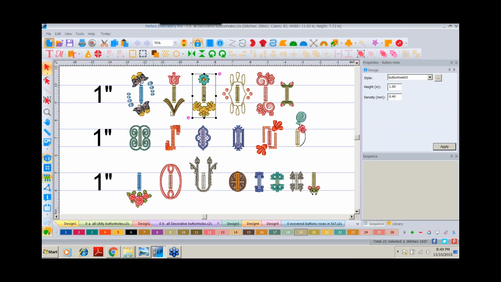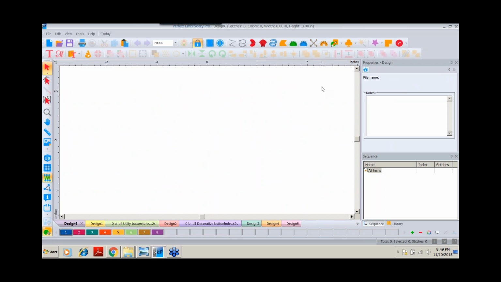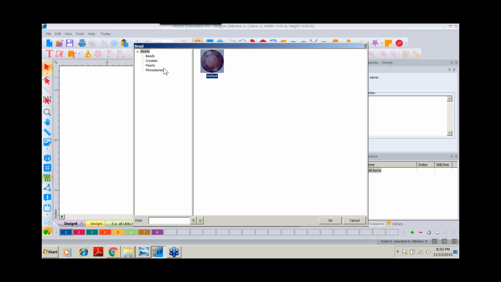We'll come to a clean screen, and we're going to talk about another feature that's very fun that goes along with buttons, and that is our bead feature. We can easily create bling with this particular feature. If we use the drop-down arrow and go into select, what we see are beads of